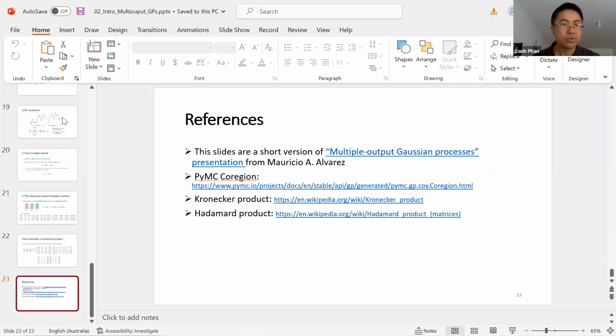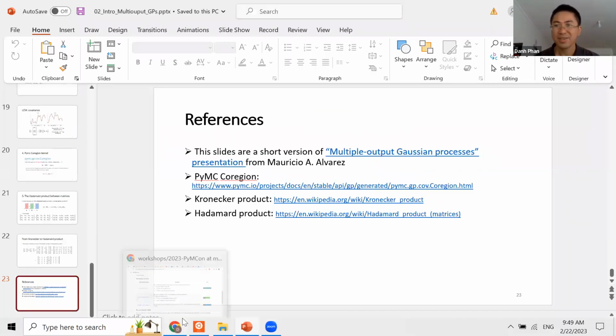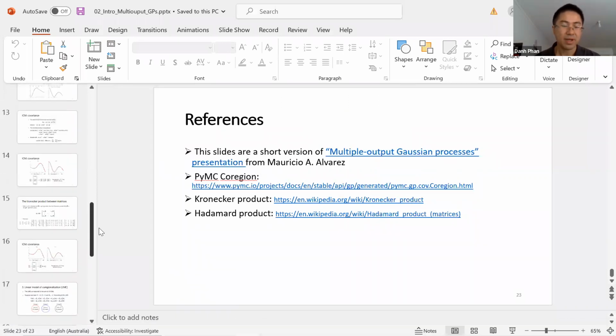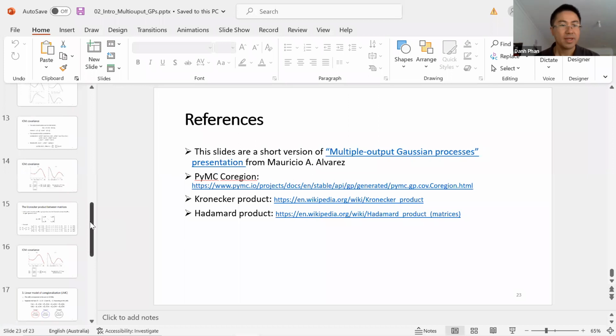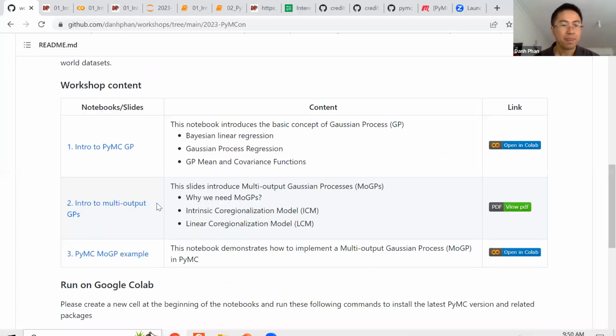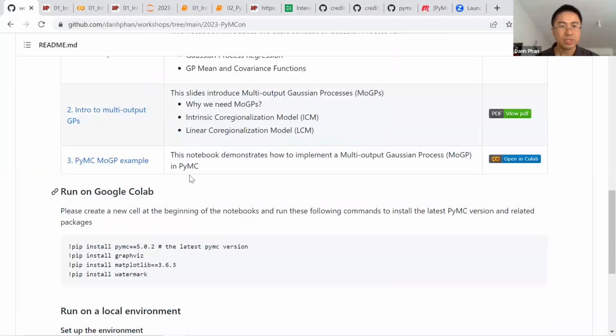So let's go to the example because it's quite theoretical, right? What we have here is ICM and LCM. ICM will be from the same kernel, and for LCM we can have different kernels. That's the basic idea. And if we move to the example here,